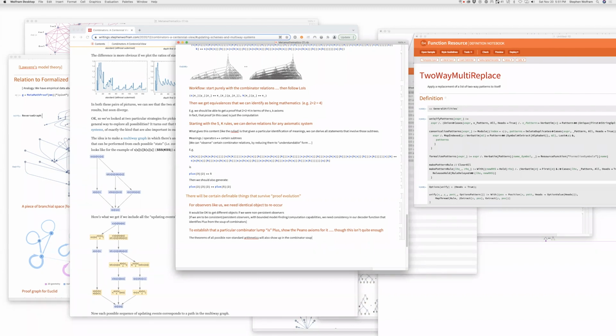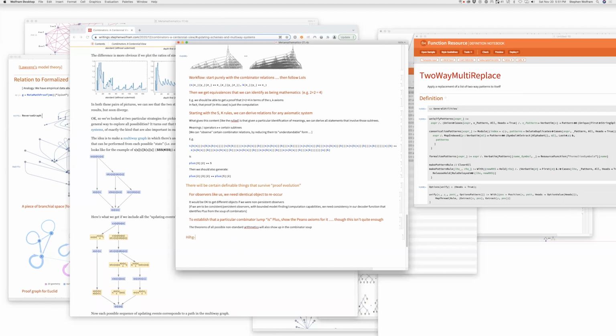But the claim is that there are some global laws of this giant proof soup, so to speak. At a high level, we don't need to go through the whole proof soup. That's the kind of hypothesis, right? Right. High level mathematics